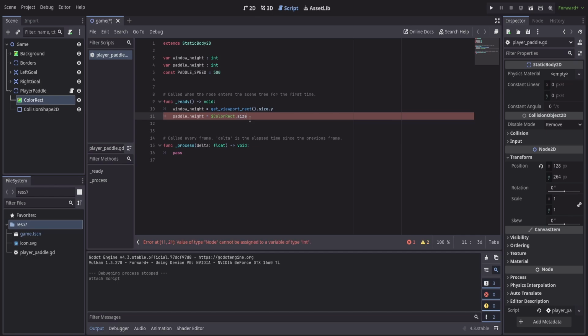And that will once again be our size.y. So now the second that we launch this scene and we play our game, we are going to get the window height and set it to our viewport size in the Y. And we're going to do the exact same thing with the paddle height, which is going to be the Y dimension of our color rectangle. But we're currently not actually going to do anything with those,